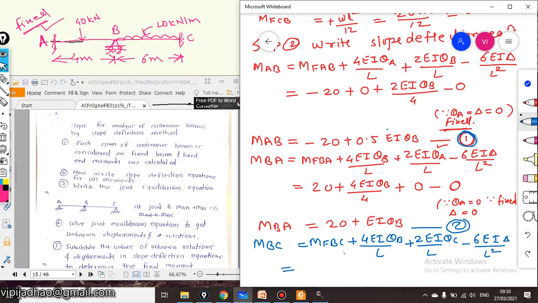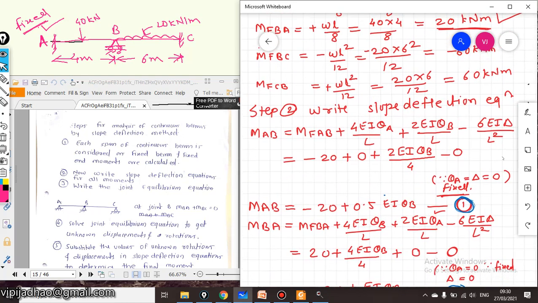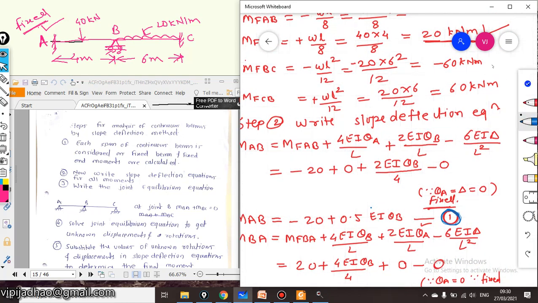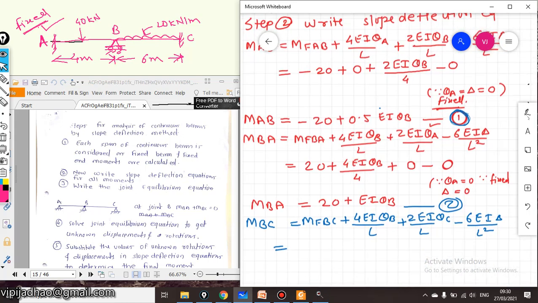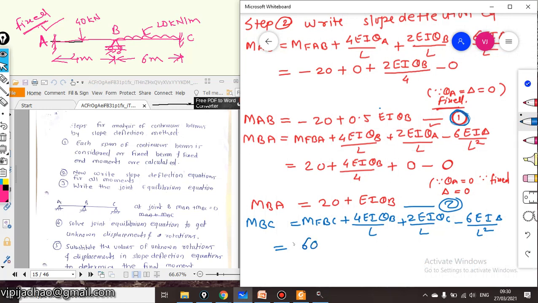Here we have MFBC, we have already calculated the value of MFBC. Here you can see it is minus 60 kilonewton meter, so put this value of minus 60 here. So minus 60 plus 4EI theta at B divided by L, which is again here for this span BC, we have L is equal to 6 meter,